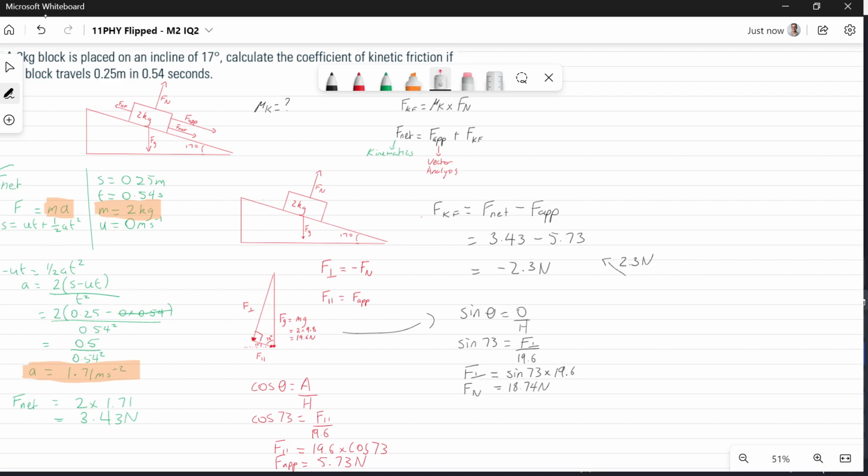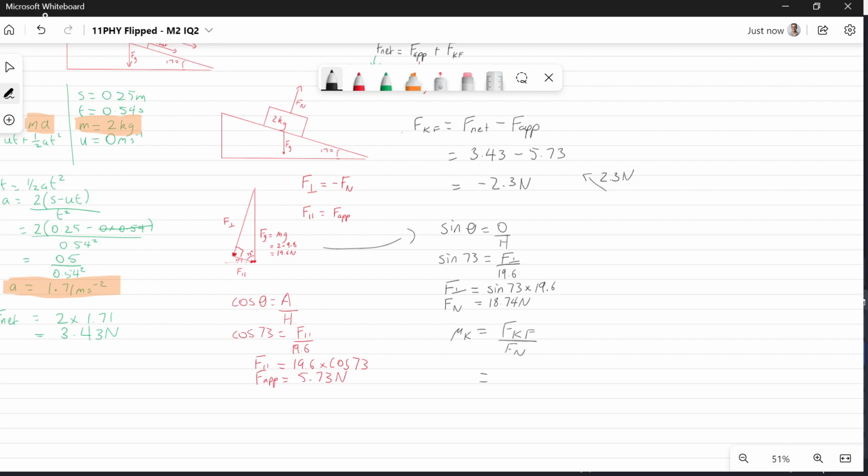So to finish off our solution, now that we have the kinetic force of friction, which is here 2.3 newtons, the negative sign is not going to need to get substituted in here because we're not concerned about direction, just magnitude. And because we also have the normal force here, 18.74 newtons, we can now rearrange our equation, substitute in, and solve for the coefficient of kinetic friction in this scenario. So first off, mu k is going to be equal to the force of kinetic friction divided by the normal force. That's going to mean that we do 2.3 divided by 18.74, and that's going to be equal to about